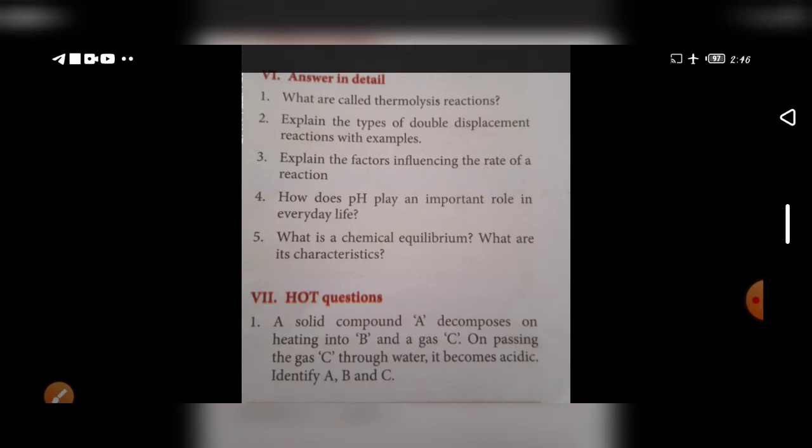Second question, explain the types of double displacement reaction. Page number 142. You write down, take that page. A side, double displacement reaction heading. When two compounds react, if their ions are interchanged, the reaction is called double displacement reaction. Up to that one you mark. After that, the ions of one compound are replaced by ions of the other compound. Ions of identical charges are only interchanged, that is, a cation can be replaced by the other cation. This reaction is also called metathesis reaction. Up to that one you mark down.